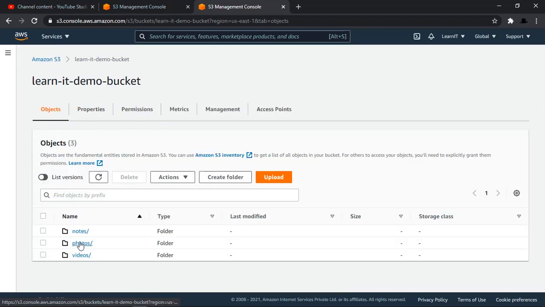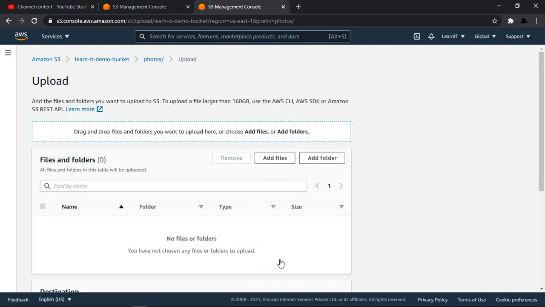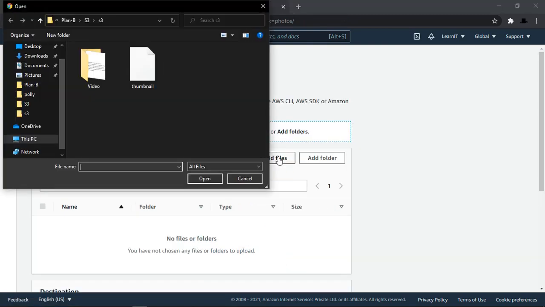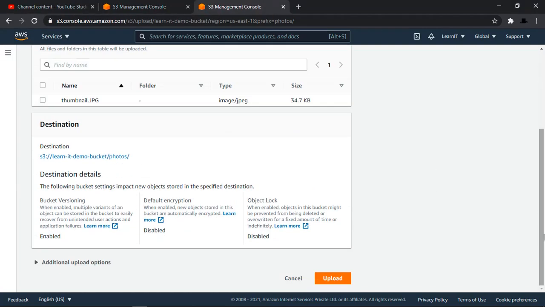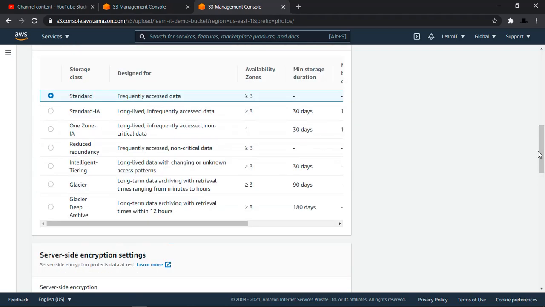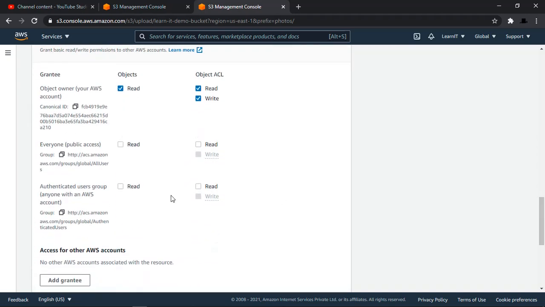Now let's go to the photos folder again and upload the same file. I'm choosing the same file again, and you can see the same options like storage classes, destination, configurations, everything is the same.